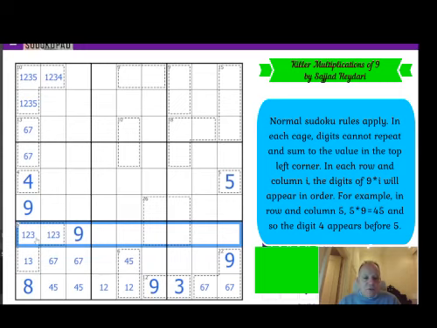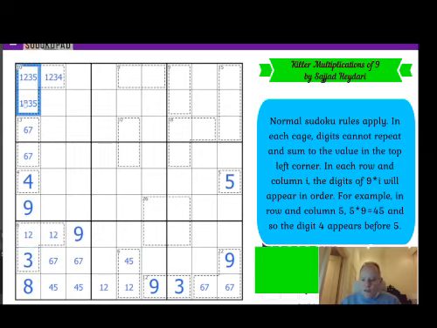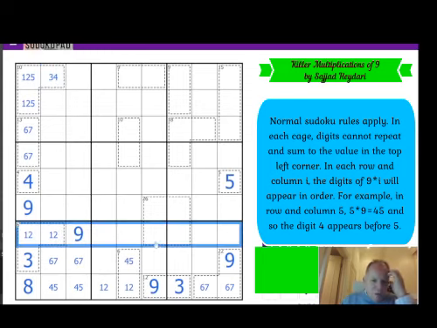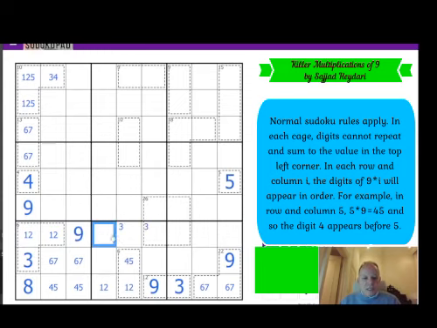6 comes before the 3 in this row, so neither of those can have the 3 in. And suddenly this becomes 3. They can't have 3. This is either 5, 2, 3 or 5, 1, 4 there. 6 comes before 3. Well, 3 is not in this box. So 3 is in one of those two cells, and 6 is before it in one of those two. 63, 72, 81. This one is 54. That's all too easily done.